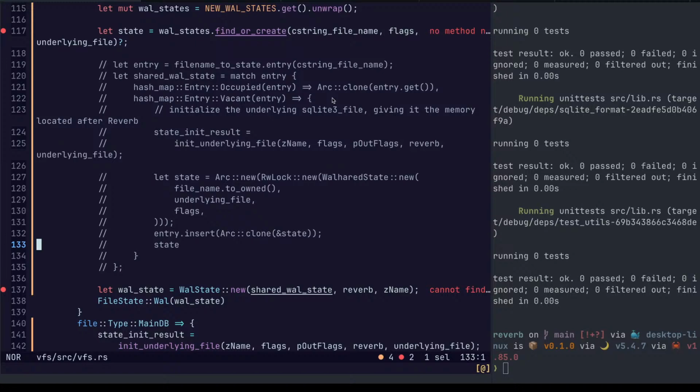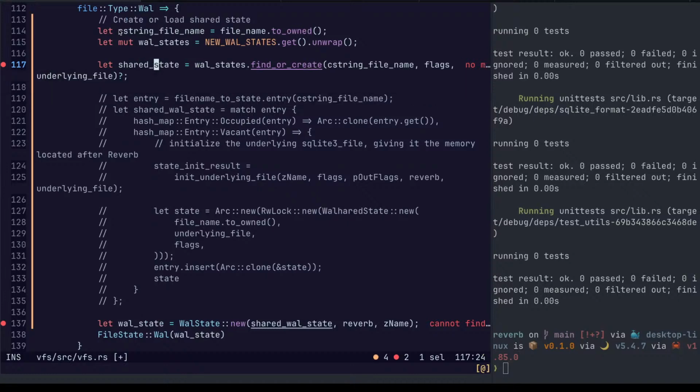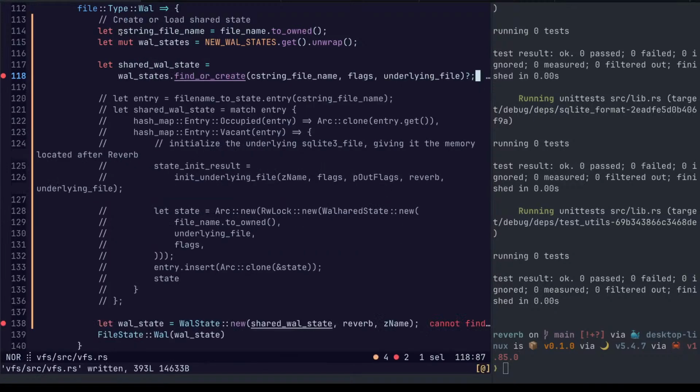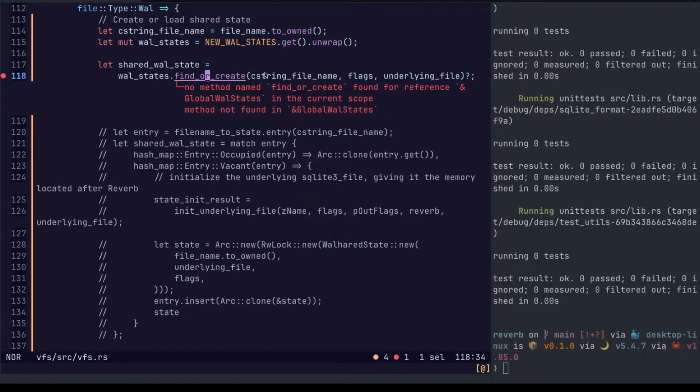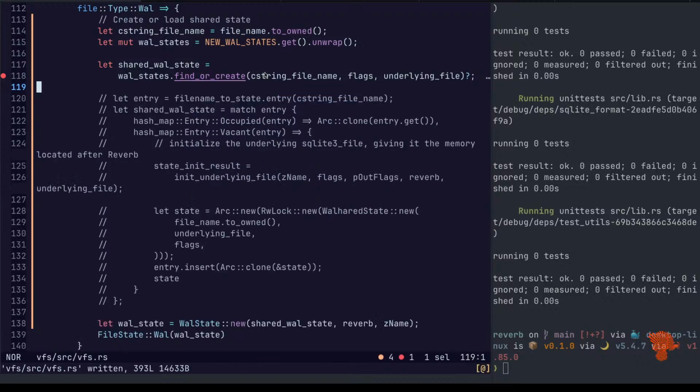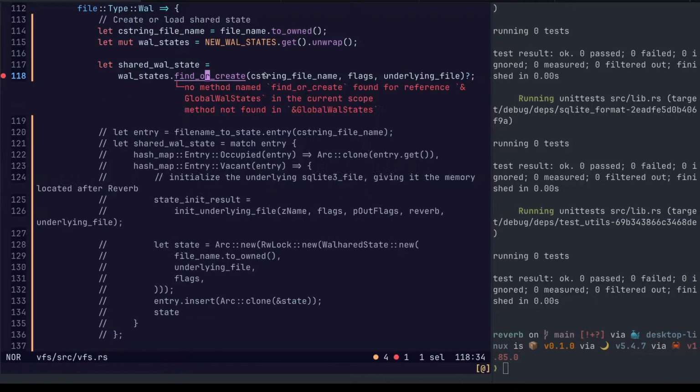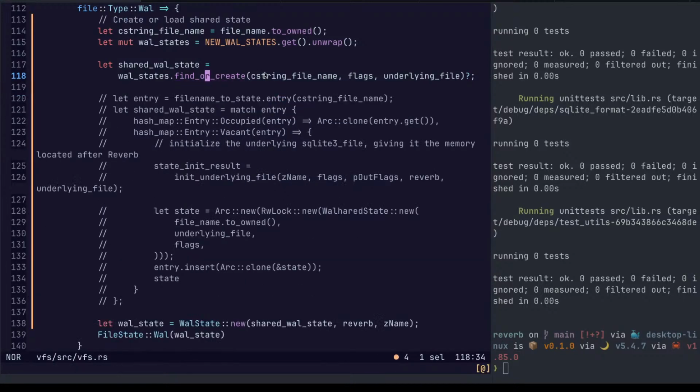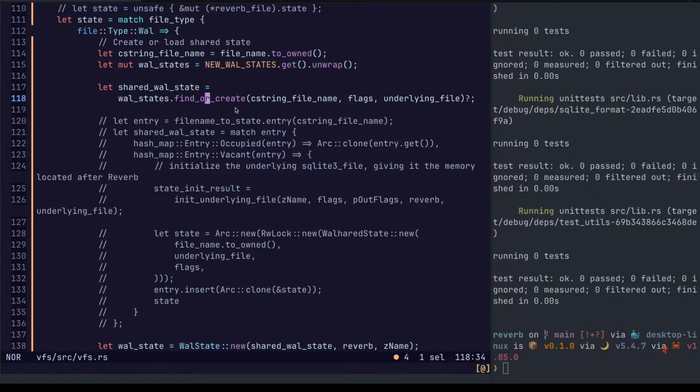We call this shared wall state. Create that. Thank you. I have to save all files for that error to go away. So we get the states, find or create.